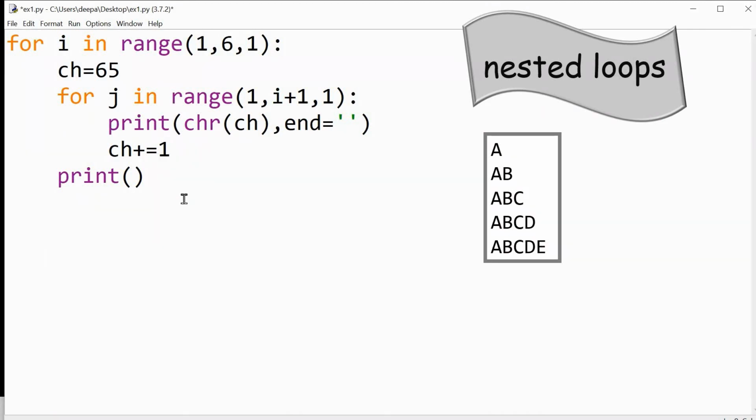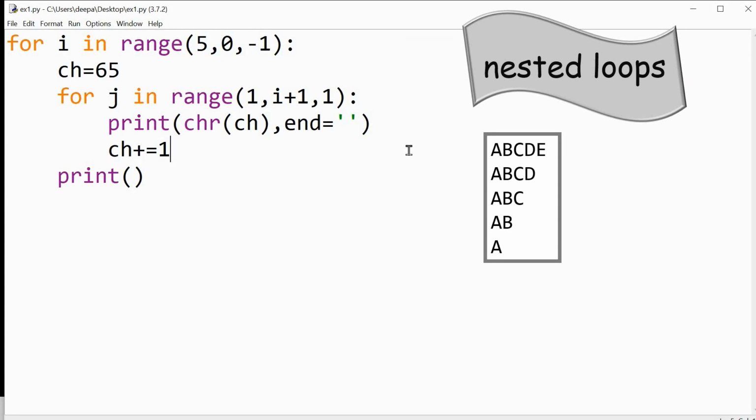To do the reverse order of the same alphabet, here you have to change the range. That means you have to start from 5 and then go up to 0, then only it will stop at 1. And the step value must decrement, so it should be -1.